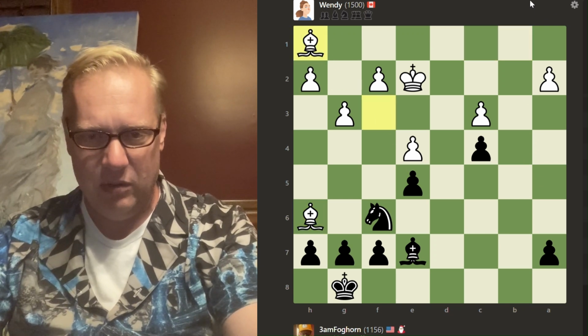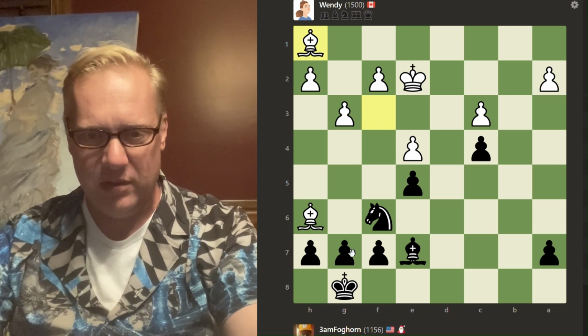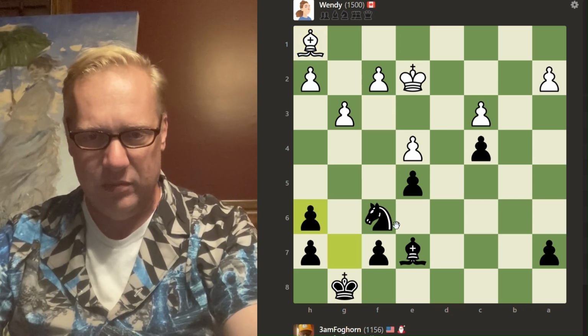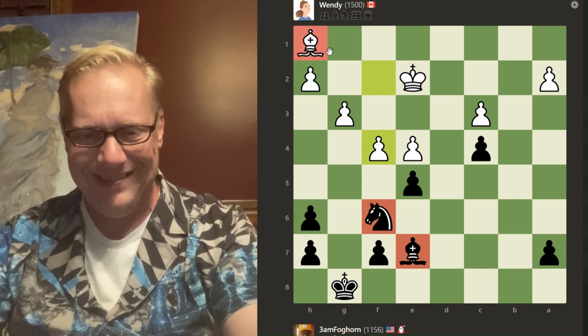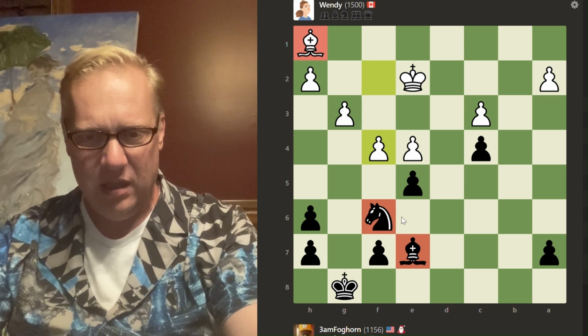It's going to be, oops, oh my gosh. I'm sorry, I had that, what did I do, wrong mouse click or something? Anyway, all right, so now I've got two minor pieces versus one. Pawns are evened up. So